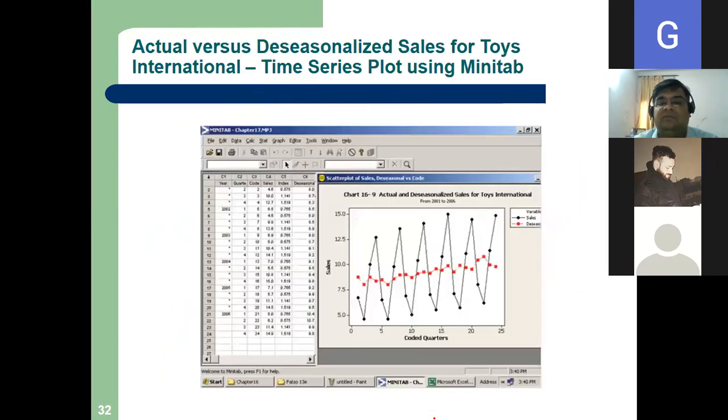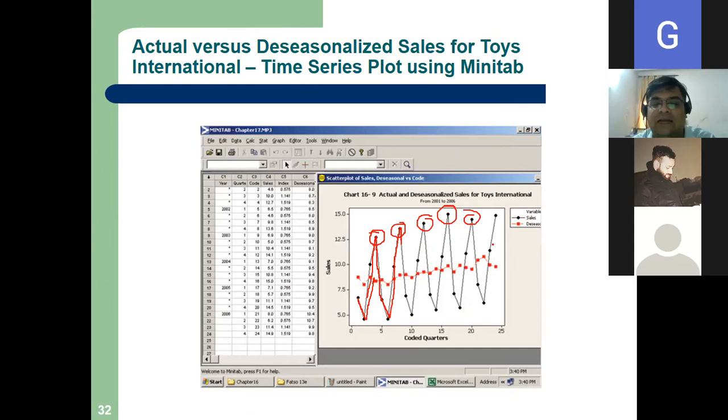So actually what we have done for the last 1 hour, what we are doing actually. See, this was our data. Can you see? This was my seasonal data. Every year, in some quarter it is high. So we have smoothened the curve. Now see, this red line, can you see this? This is the D.